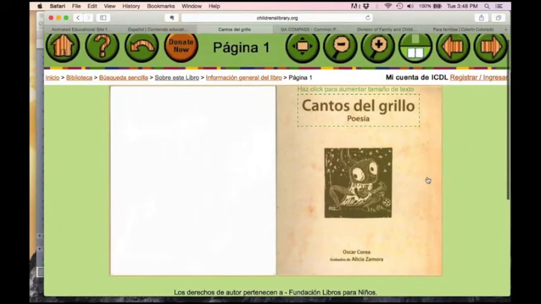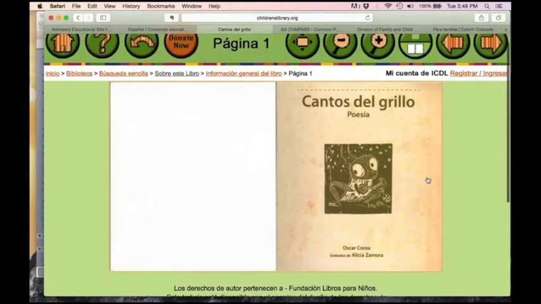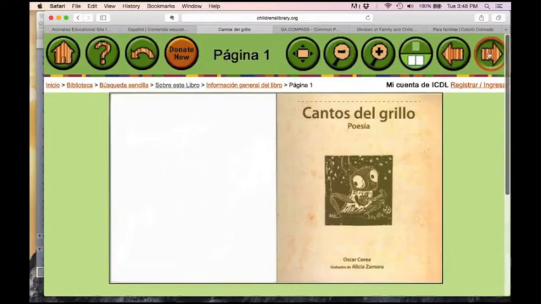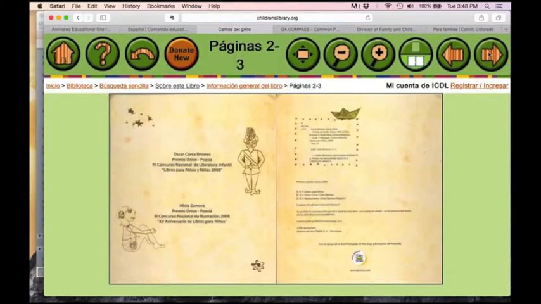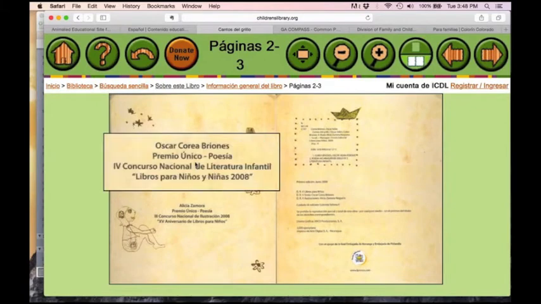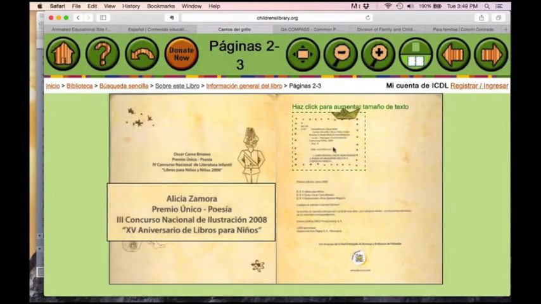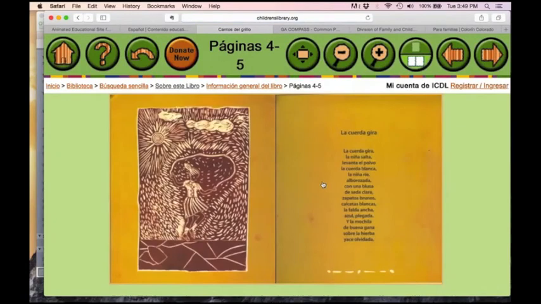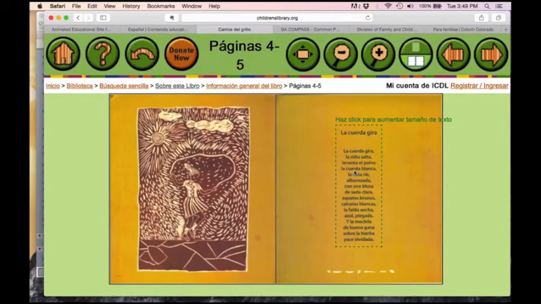Many of the questions were, well, how do I get closer? How do I make it bigger? How do I go to the next page? So I had to show them the concepts of the screen: okay, here this arrow will take you to the next page. And when you click, it tells you, okay, here you can make the font larger and you can actually read the content. But this required a lot of scaffolding and people working together around each other's screens, figuring out how to go back, how to go forward, and then they would see each other's screens and say, where's that book? I want to read the book you're reading.